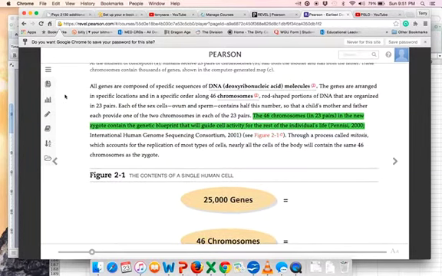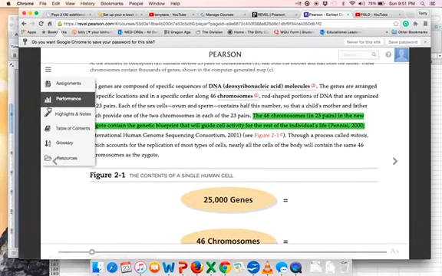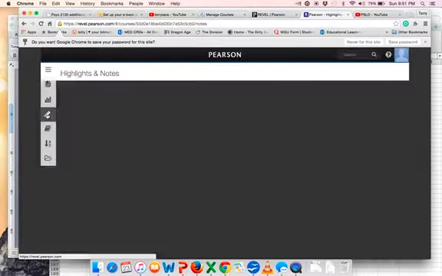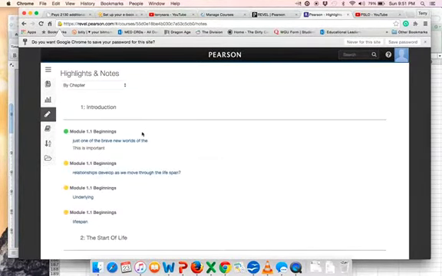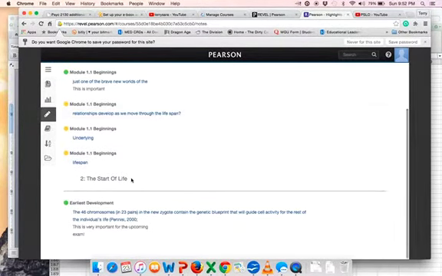Then you can always later, by the way, review any highlights or notes that you make. If you want to compile, for example, I've added several different notes here playing around in the textbook, but it can compile all the notes for you, and that kind of serves as an extra study tool. So this is Revel. I just wanted to show it to you very quickly and say that it is something that I think would benefit you and help you.